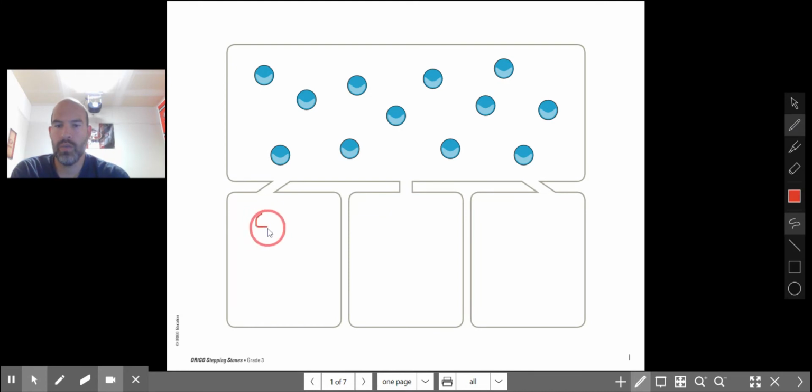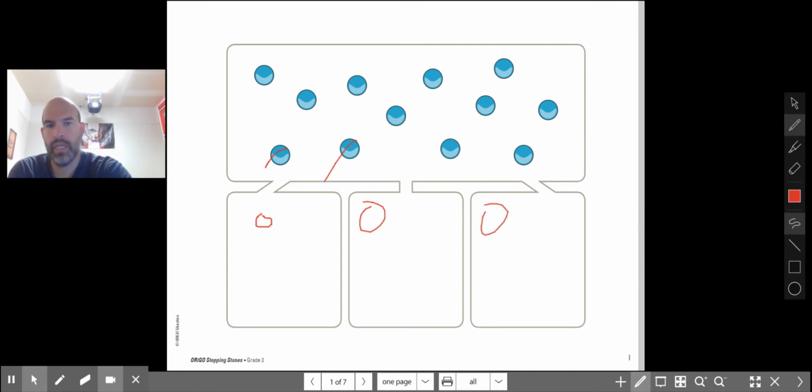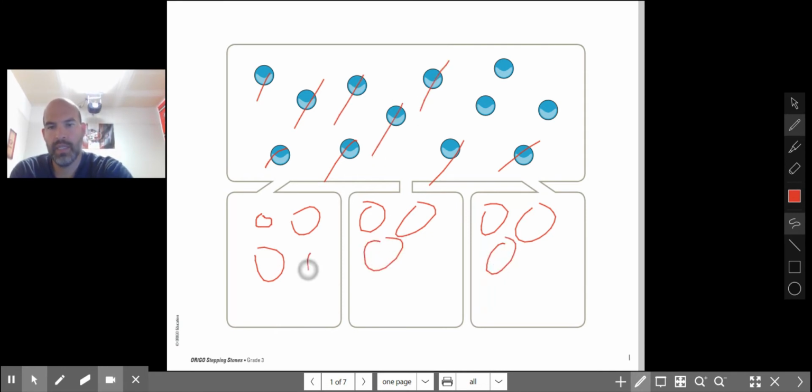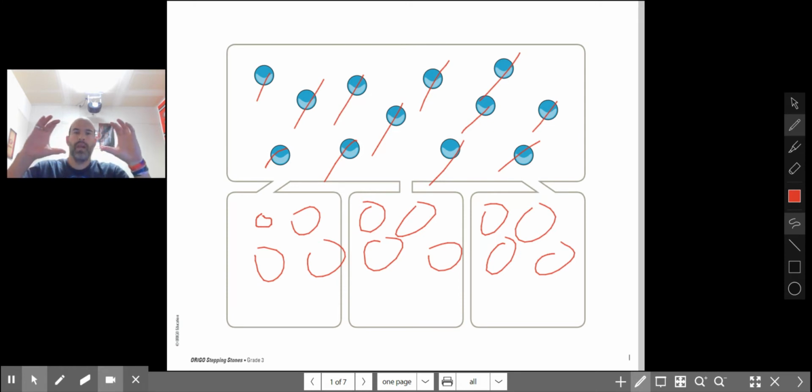Let's go 1 and cross out, 2, cross out, 3, cross out, 4, cross out, 5, cross out, 6, 7, 8, 9, 10, 11, 12. All right, so we took all of the dots from the larger rectangle and brought them down to the smaller